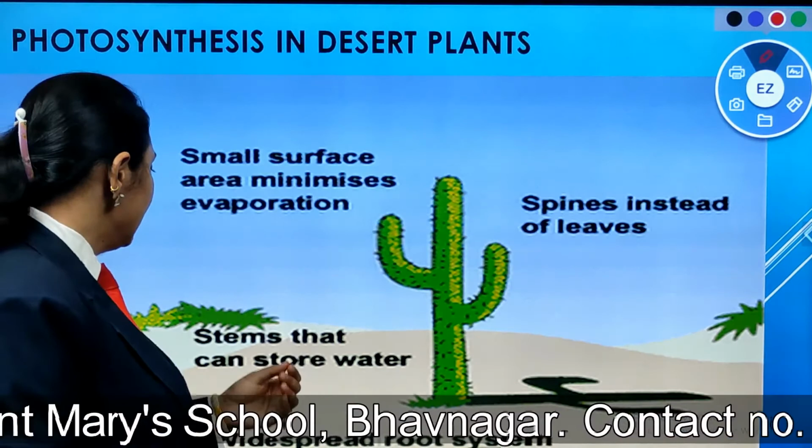And how is each going to play its role? See here, it's just a recap of what we have studied. Sunlight: only the red and the blue wavelengths of the white light are used. Sunlight is a white light as seen by us, but anyhow, it is made of colors of different wavelengths. This light is trapped by the chlorophyll pigment present in the leaves. Chlorophyll is a pigment in plants, and it traps the energy that the leaf gets from the sun.